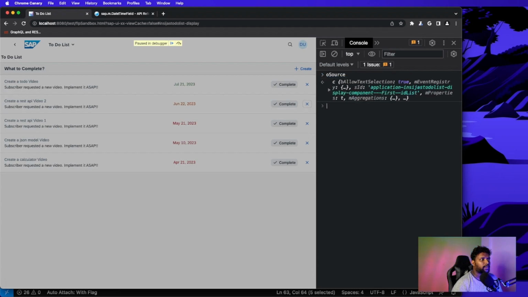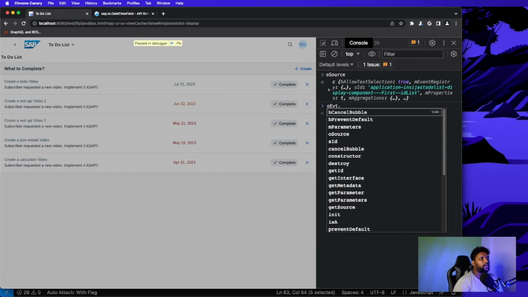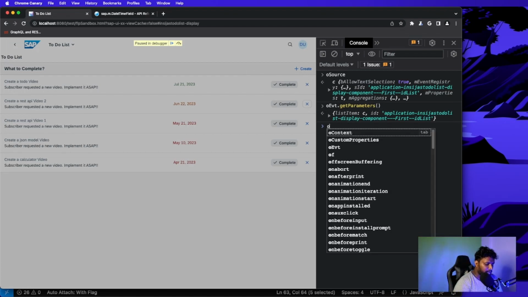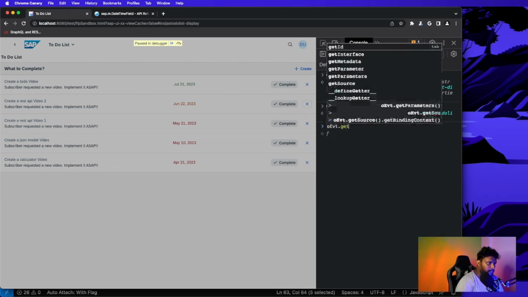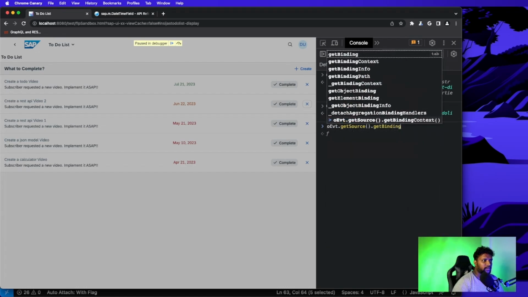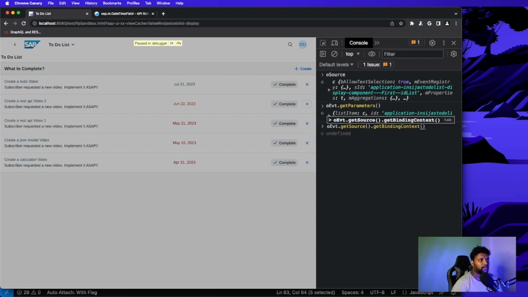oSource is nothing but the list. Okay, it's a list. So oEvent.getParameter. So let's see what are the parameters. Basically, since the event is triggering on a list, you wouldn't really get, okay, oEvent.getSource().getBindingContext with respect to mTodo